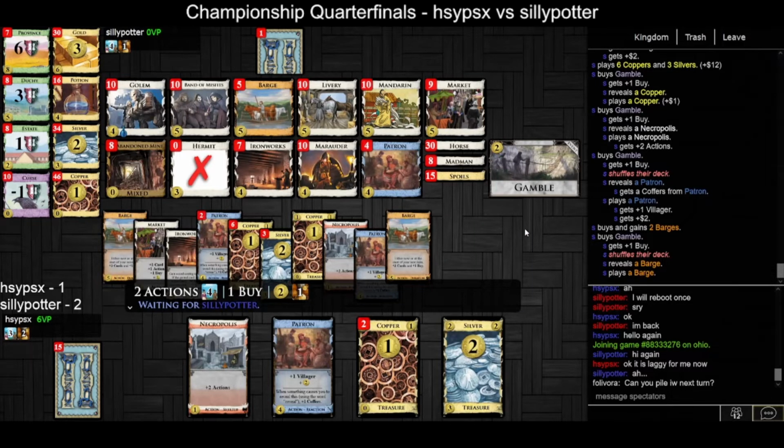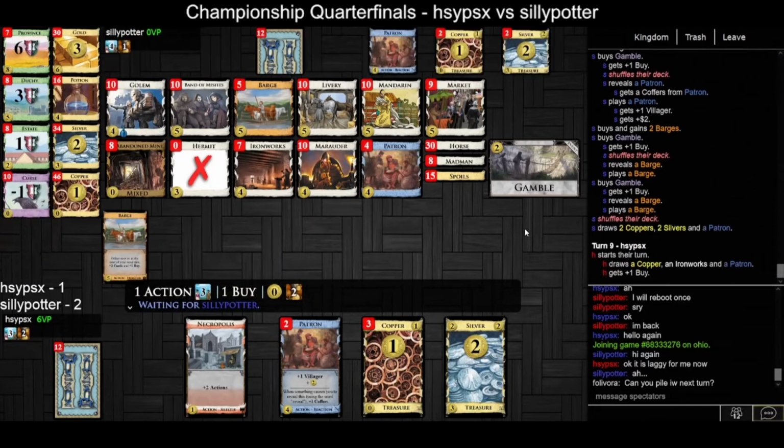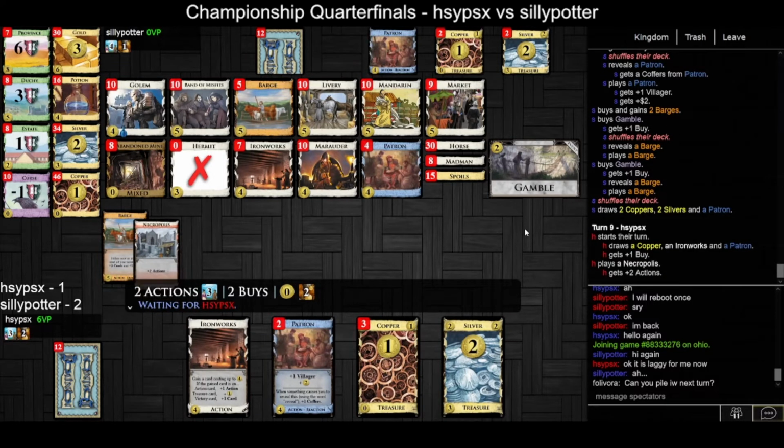Yeah, and they do go for it. I could just leave this Barge on top, I guess. But there's nothing else to buy, so might as well gamble it and delay it, rather than playing it next turn. If they had more money, they might have kept the other Barge on top, because the action isn't really the limiting factor here. So they could have bought something else, and then if they had even more money, they could have just gambled the Barge and bought something else, but